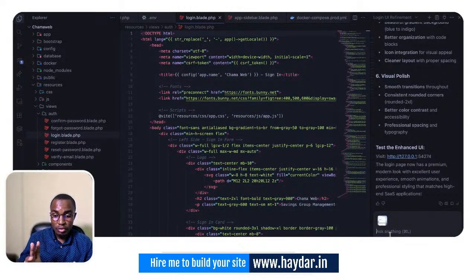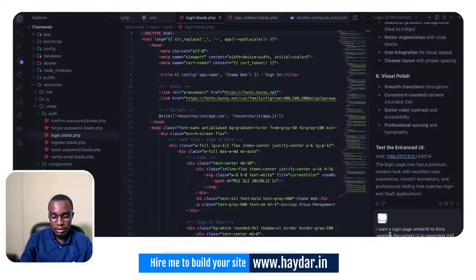So I'm just giving it a command. I want a login page similar to this. Design the UI, upgrade the current UI to